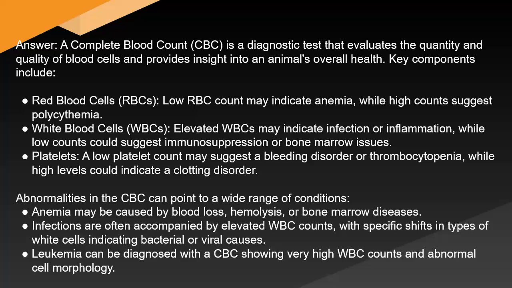Key components include red blood cells (RBCs). A low RBC count may indicate anemia, while high counts suggest polycythemia. White blood cells (WBCs): elevated WBCs may indicate infection or inflammation, while low counts could suggest immunosuppression or bone marrow